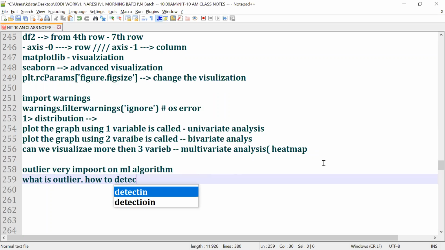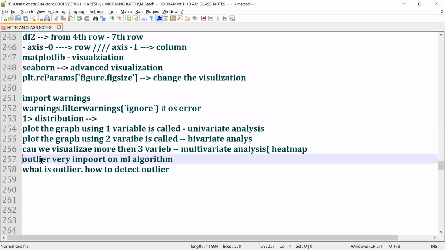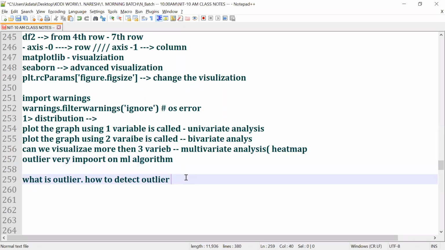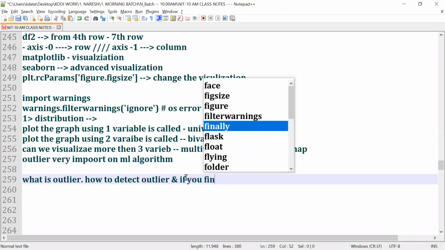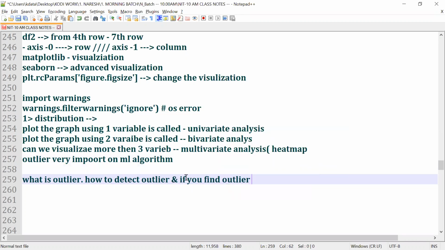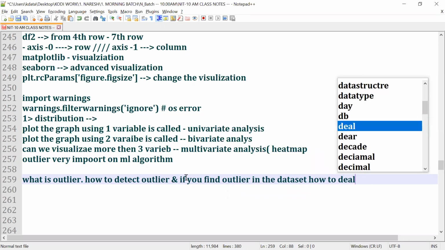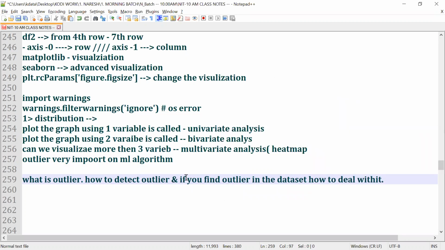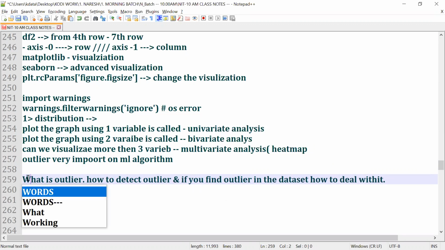How to detect outlier? Write down these questions, guys, or else I'll share them with you. And if you find an outlier in the data set, how to deal with it? Definitely out of 10 interview questions, you will get one question from here. Clear or not, guys? Everybody clear? So what is outlier? How to detect outlier? And if you find outlier in the data, how to deal with it?